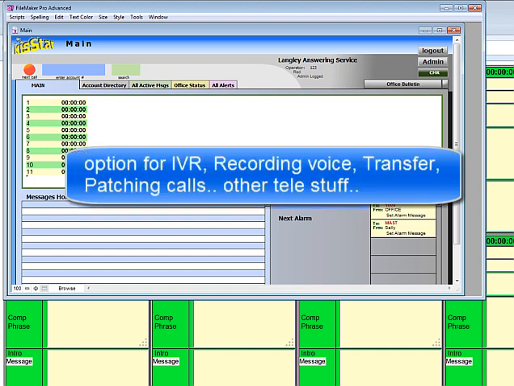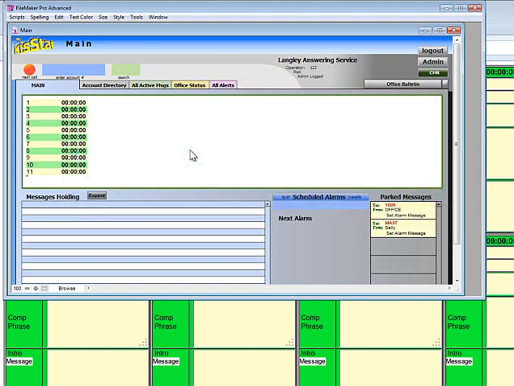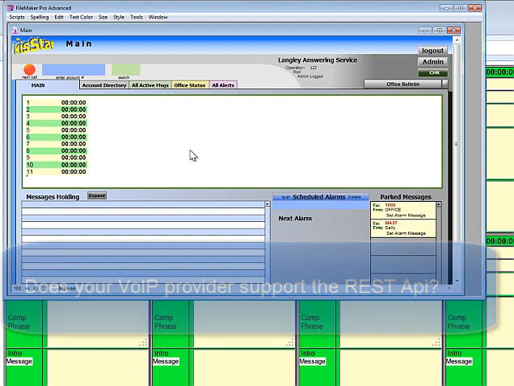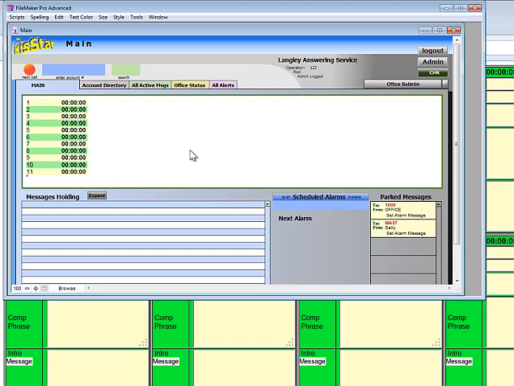I do not want to reinvent the wheel, and I do not want to run the PBX system. I just want to identify, pop up, dial out. And any provider that can provide the RESTful API and write a small amount of code so that my code can match your code,